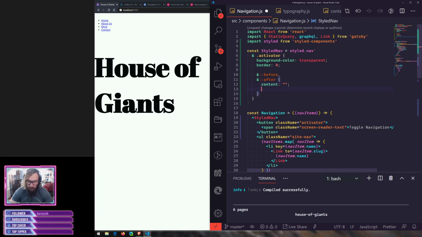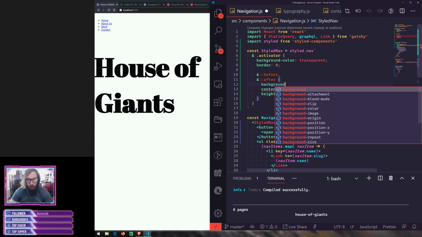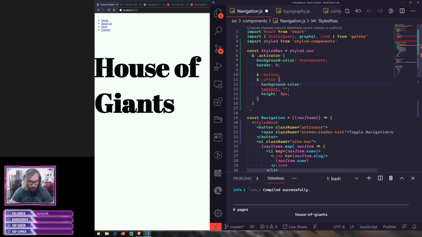Let's say the height of each of these is going to be like 3 pixels. We want a background color, and I think in our variables,